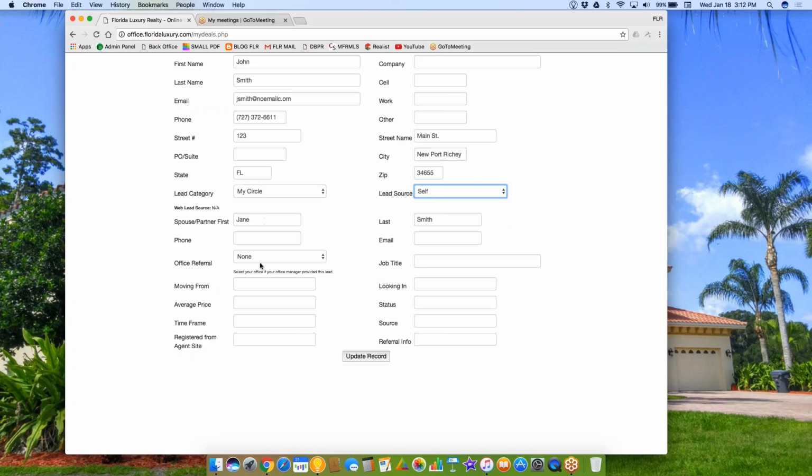The spouse's information is also here. So if you have an email for the spouse or their job title or other information, you can add where they're moving from, what's their average price range, what's their time frame, were they registered from your agent website, where are they looking in, their status, are they an A, B, or